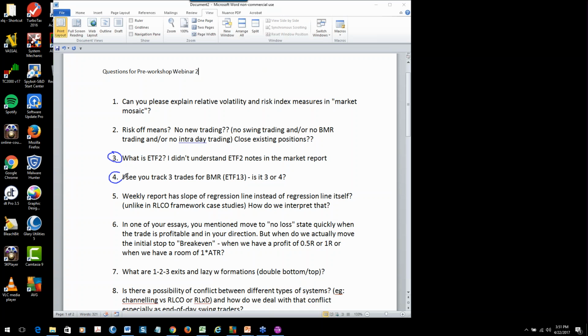Look at us. We've already got 3 questions answered. Question 4. I track 3 trades for BMR ETF. Is it 3 or 4? It is 3. The BMR system has various trading populations that are proposed,